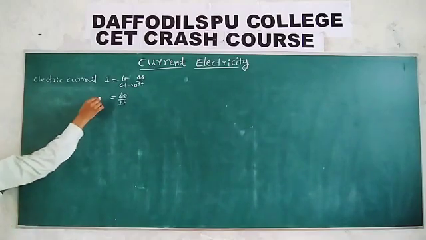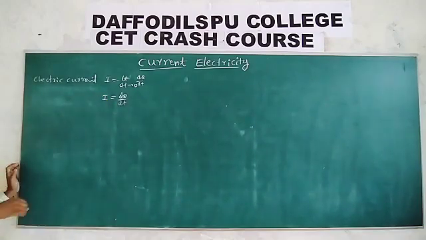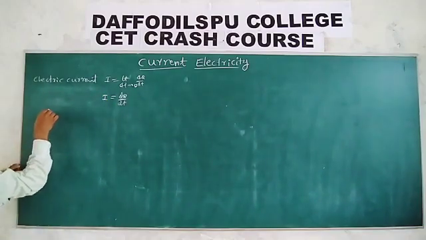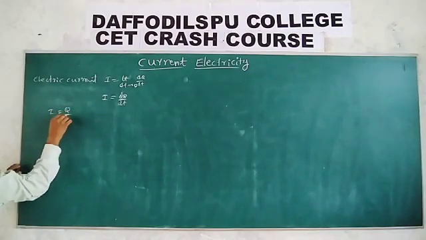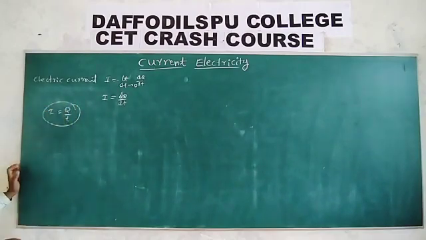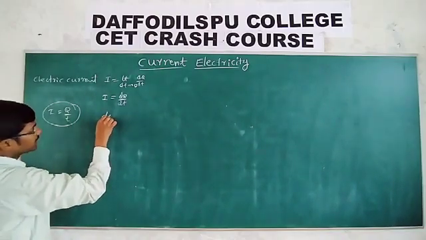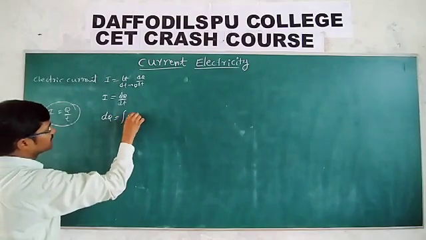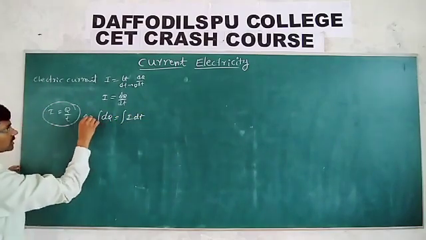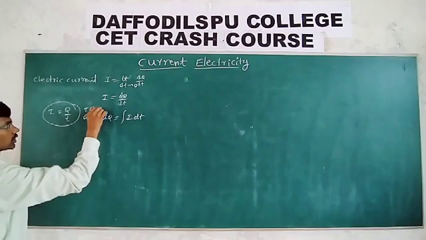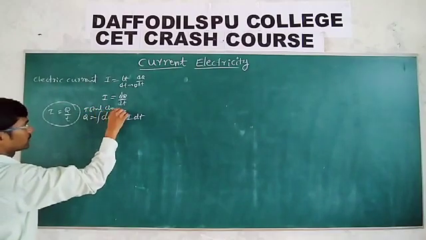Now I is equal to dq by dt, this is nothing but instantaneous current. Then I can write I is equal to total charge by time, the net charge crossing any cross section of the given conductor. Then dq is equal to integral I dt, so the total charge is the integral of I dt across the conductor.